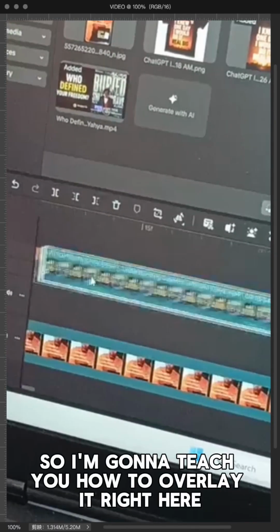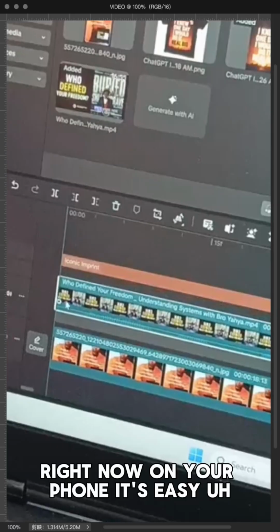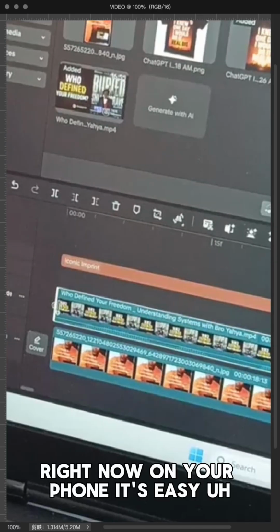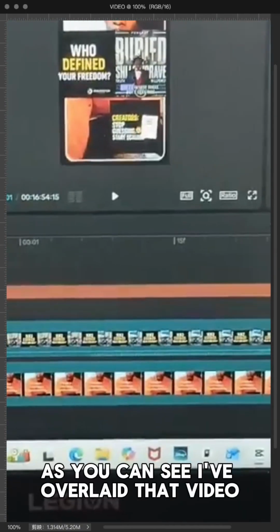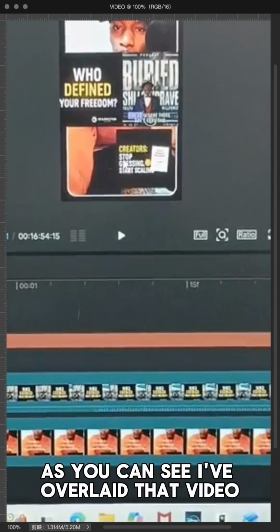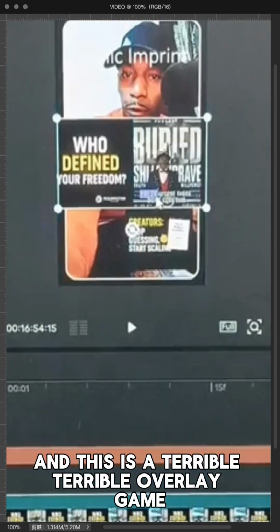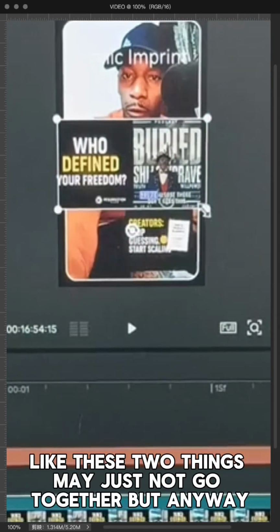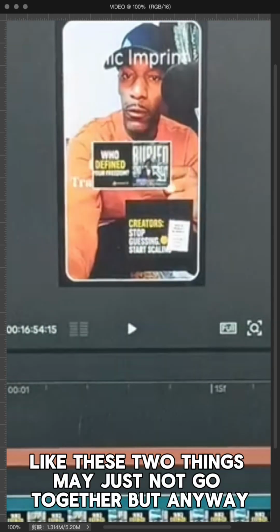So I'm going to teach you how to overlay it right here, right now on your phone. It's easy and it's simple. It works. So as you can see, I've overlaid that video, and this is a terrible, terrible overlay game. Like, these two things may just not go together. But anyway,